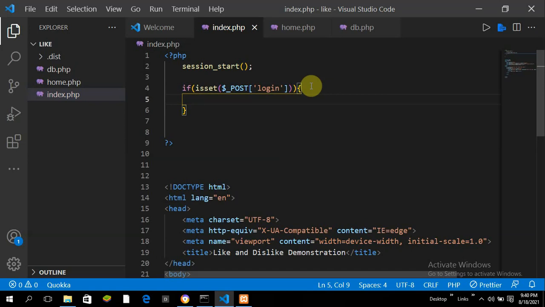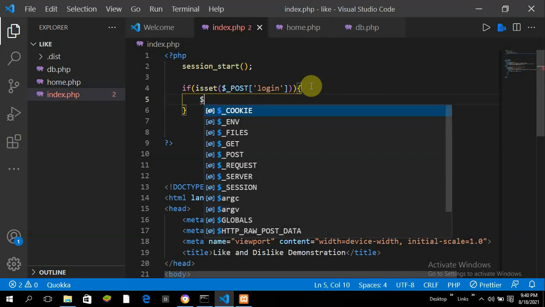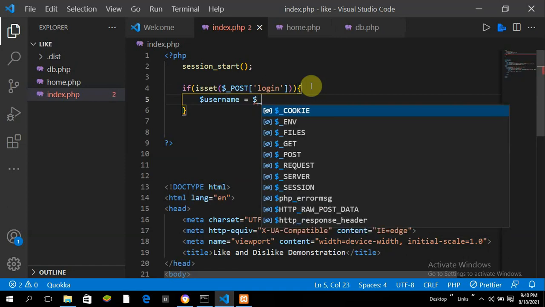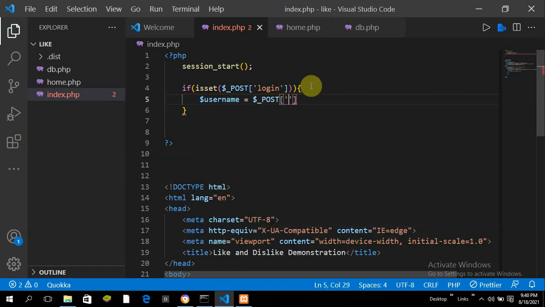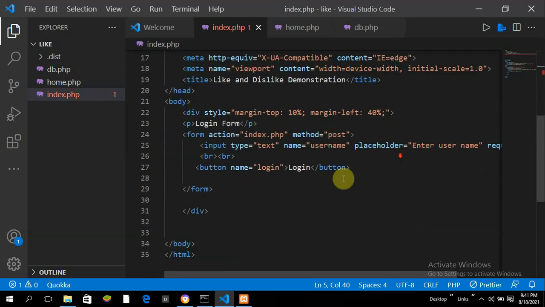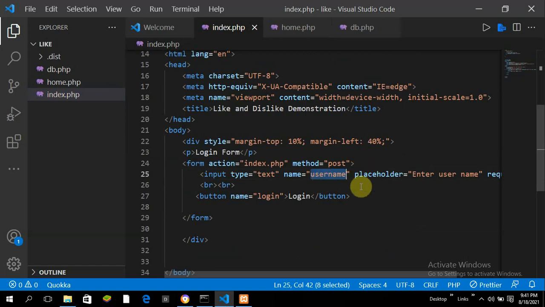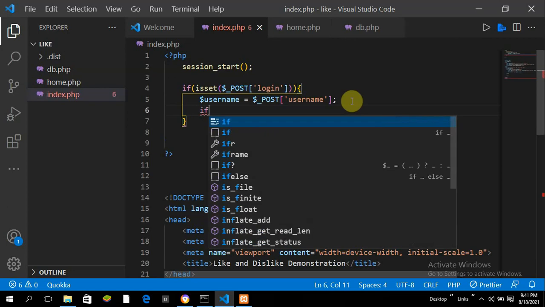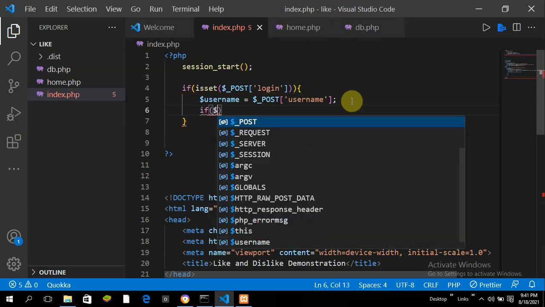So we're going to get the name, initialize a variable, $username, equals to $_POST username, the name of the input. Now just to be sure, yeah, that is it, the input name. Then we're going to say if the input name is equal to, maybe we're going to initialize 2 users. If $username